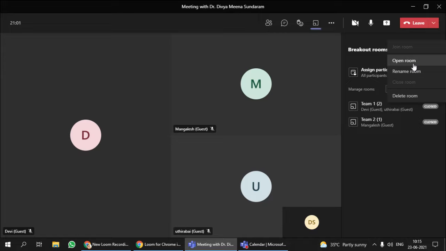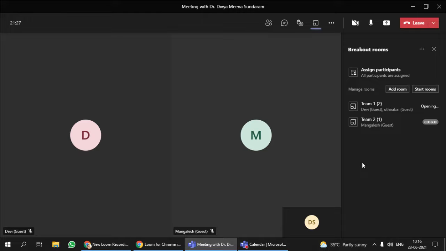This is an option to open the room, and you can as well visit the rooms. Once the rooms are opened, you can visit the individual rooms. It is getting opened. You can see here team 1 opening. It's taking a lot of time.